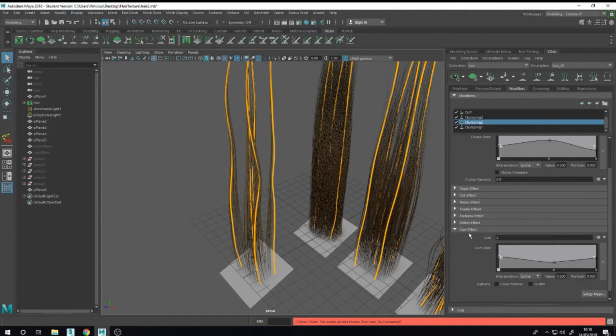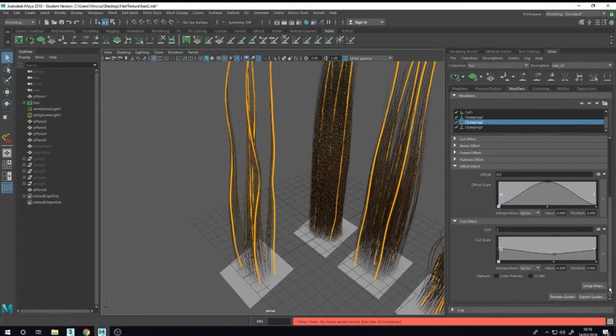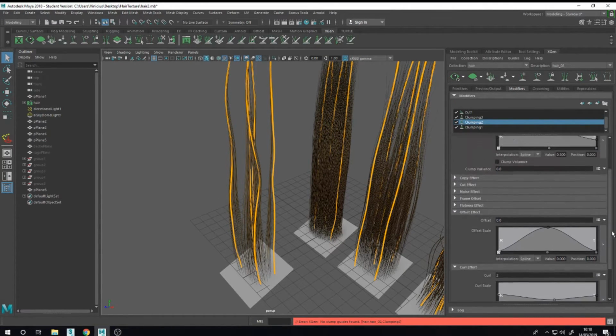The second one the same thing, but the curve is 2.